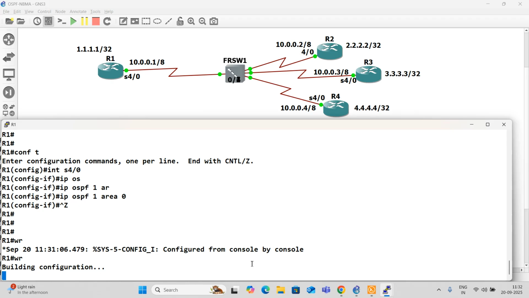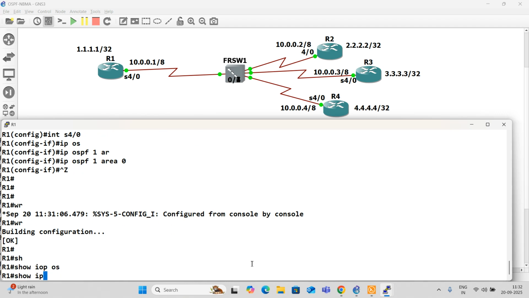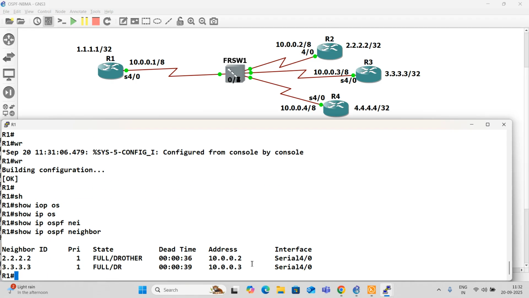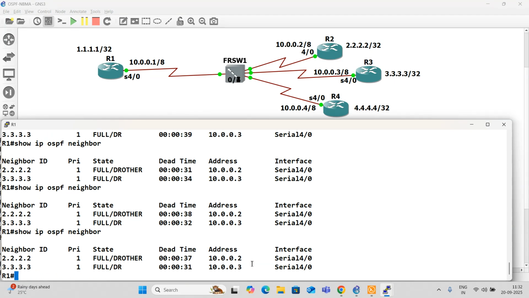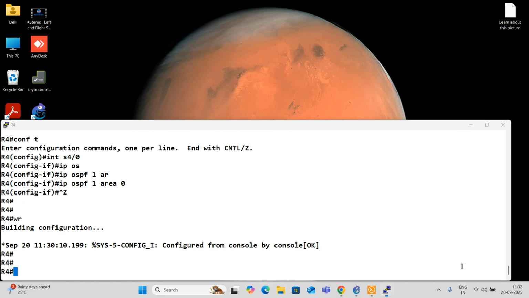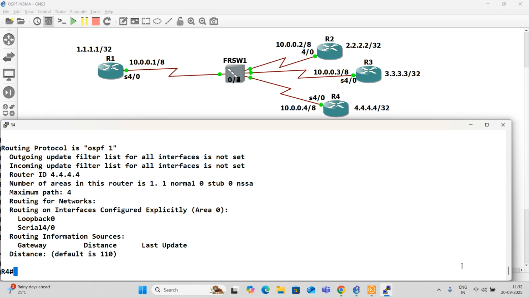We will see OSPF neighbor first and then only comes the network. Show IP OSPF neighbor. Router 3 is DR, router 2 is here, where is router 4? Show IP protocol.